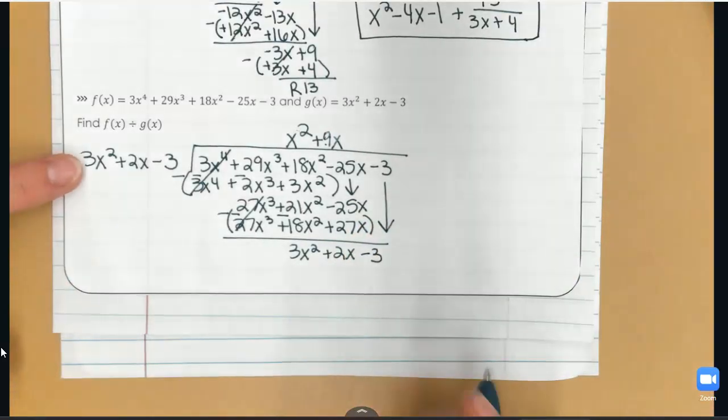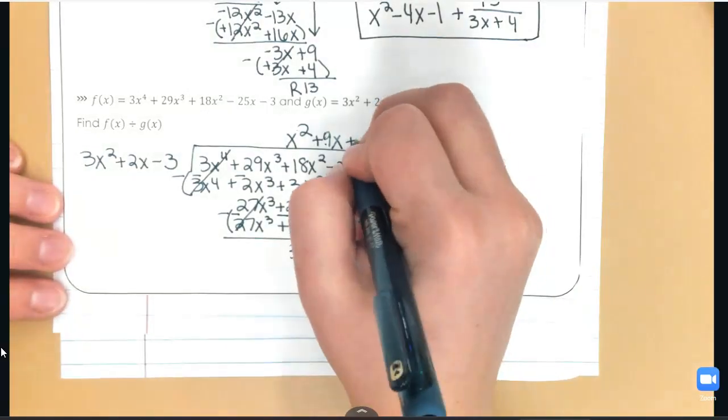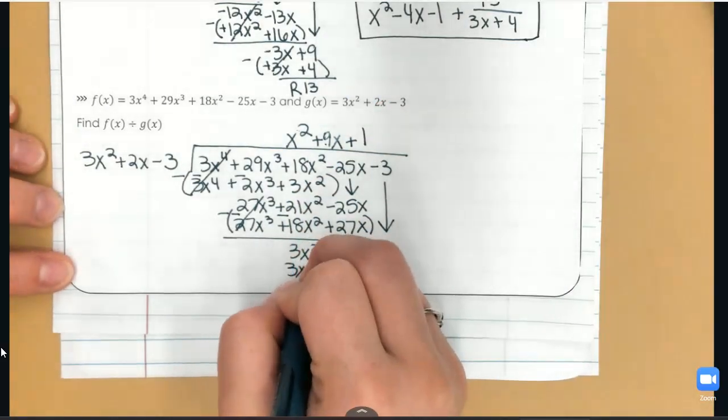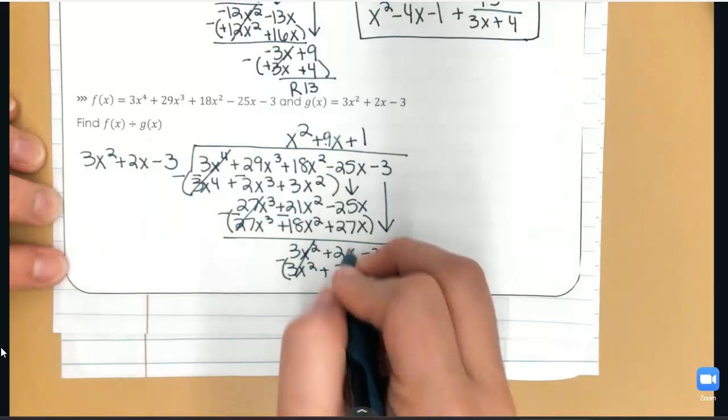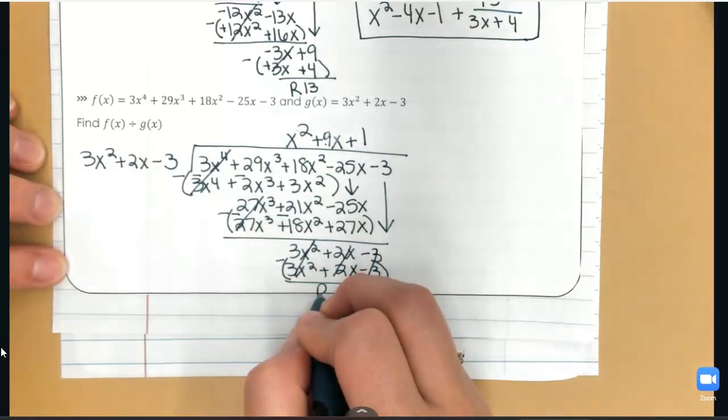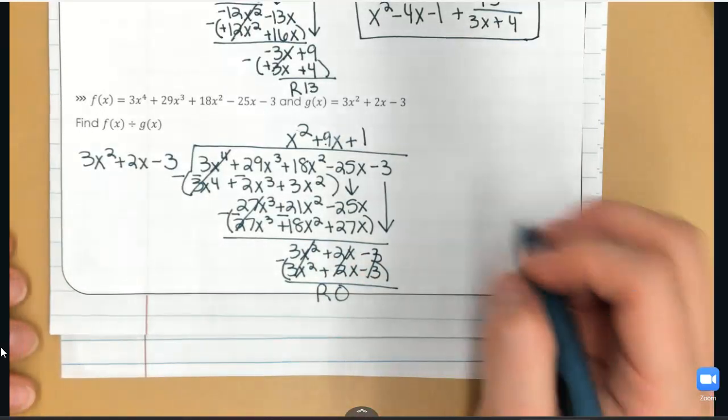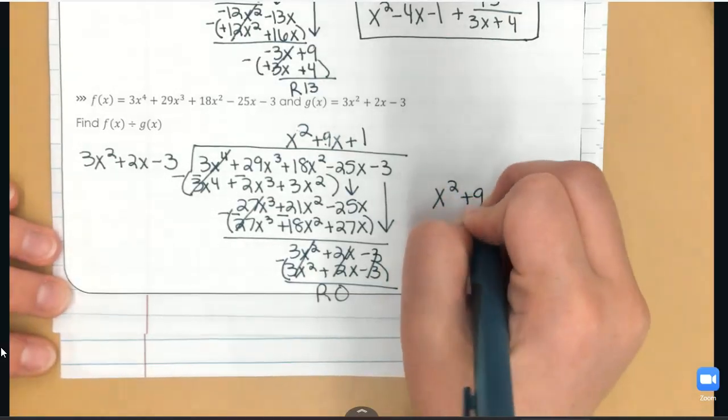What would I need to multiply 3x squared by to get 3x squared? Well, that's just 1. And so I am going to get, after I subtract, that everything cancels, and my remainder here is, again, 0. So our final answer, x squared plus 9x